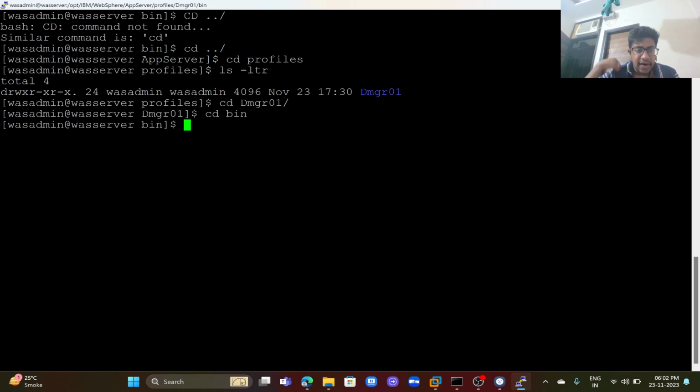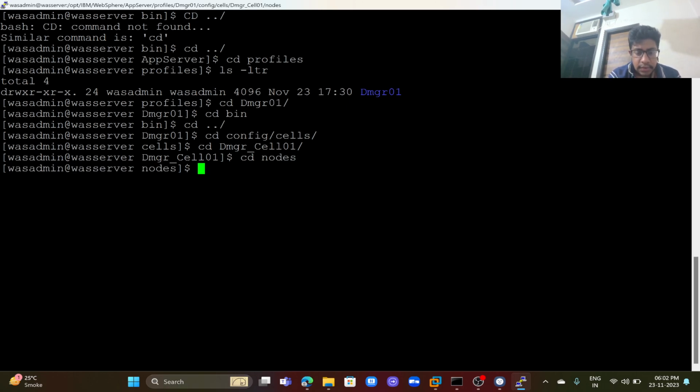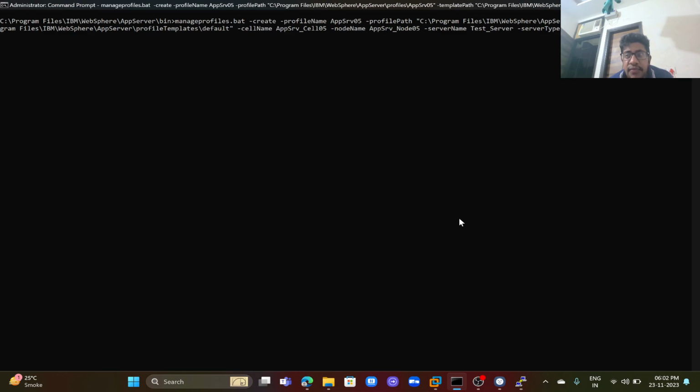I already federated another application server profile, app server 4, for testing purposes. Okay, this is application server 4. I have no other application server profiles. I have only application server 5 in the